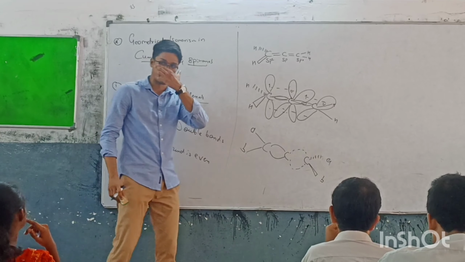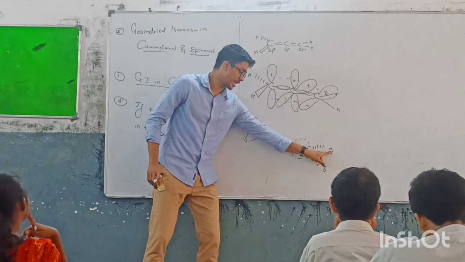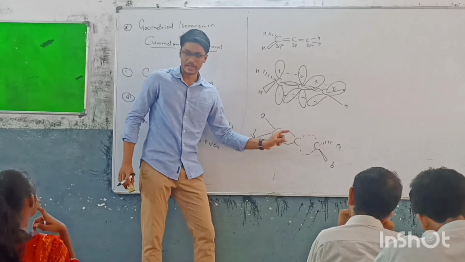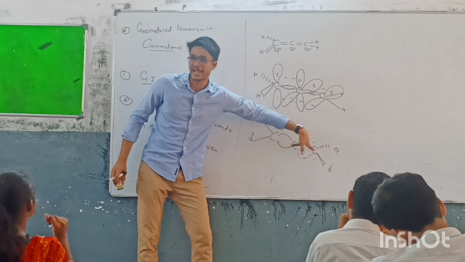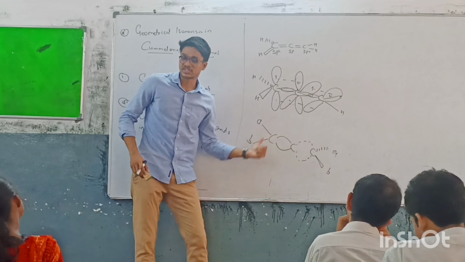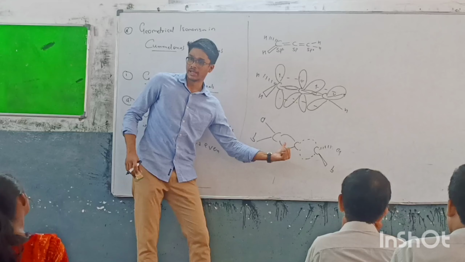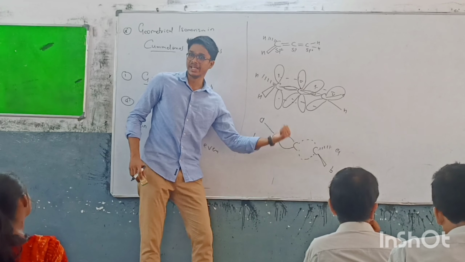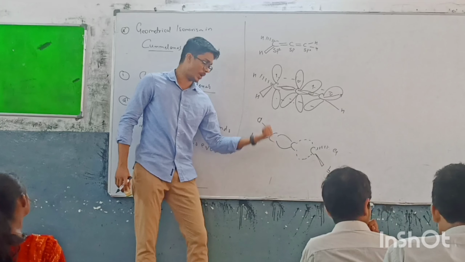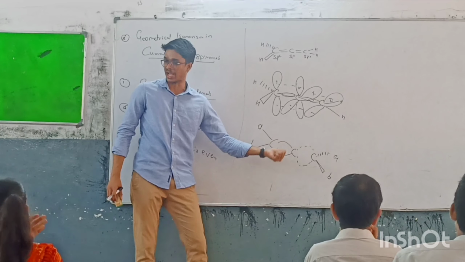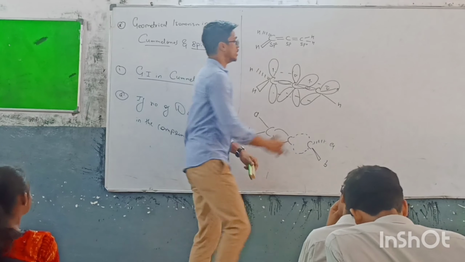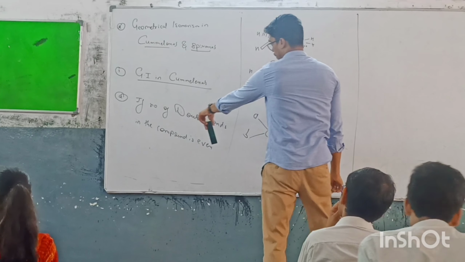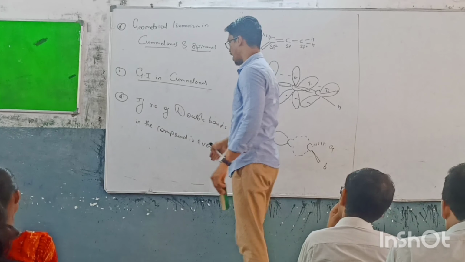See the distance. It will measure this distance A and A, that's L1. Even if you interchange this A to this position and measure the distance A, it will be L2. L1 and L2 will be similar only. So if the number of double bonds is even, it will not exhibit GI. Understood? The number of double bonds in the compound is even.